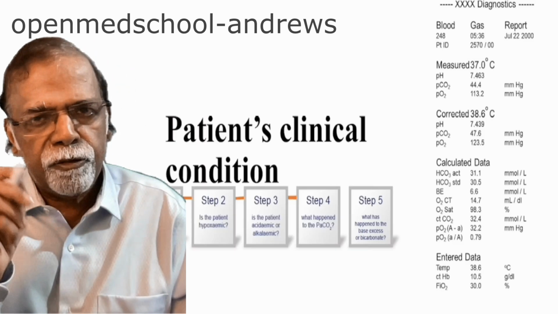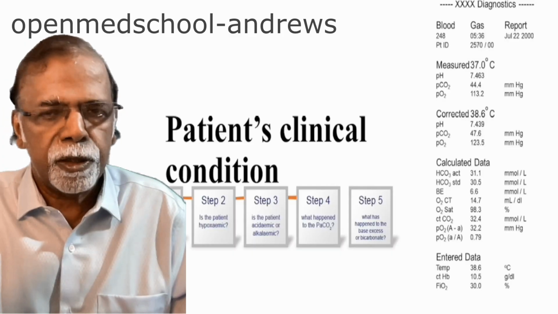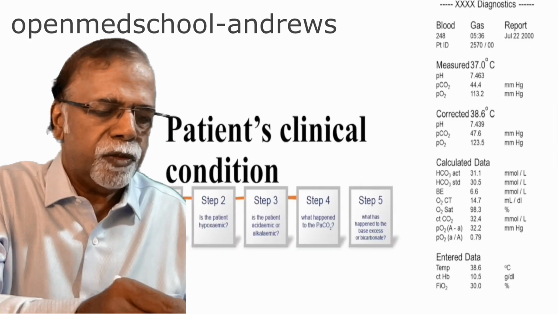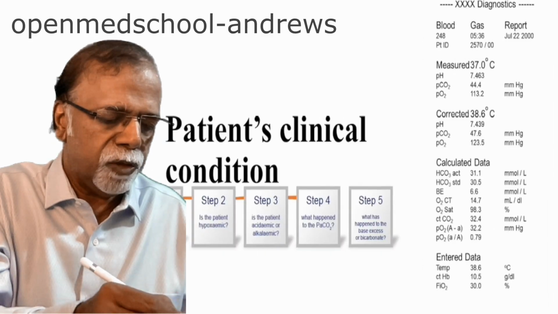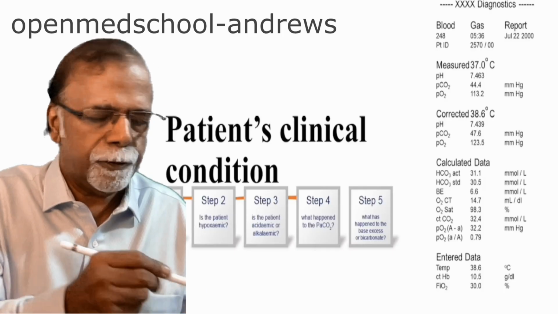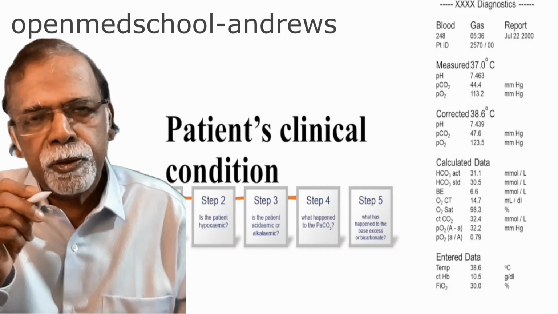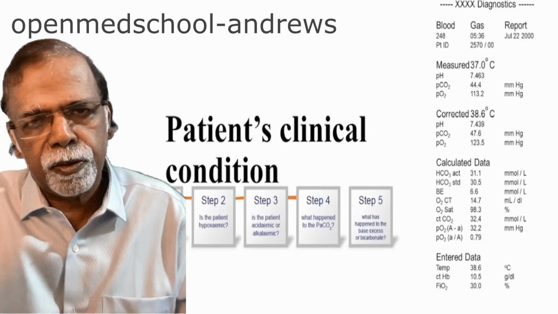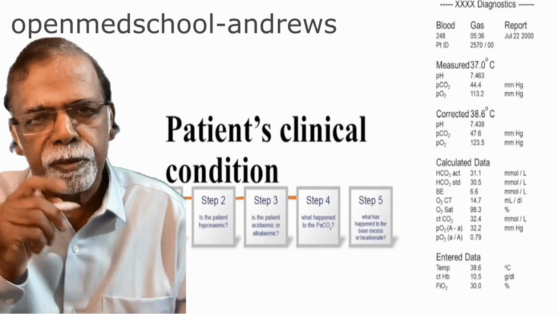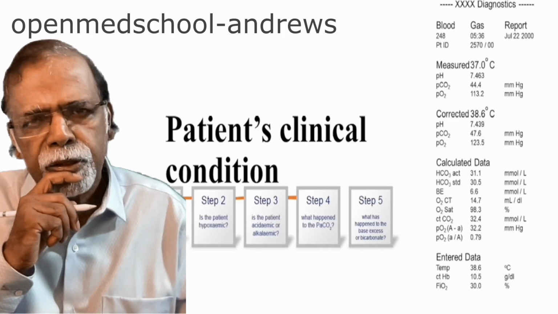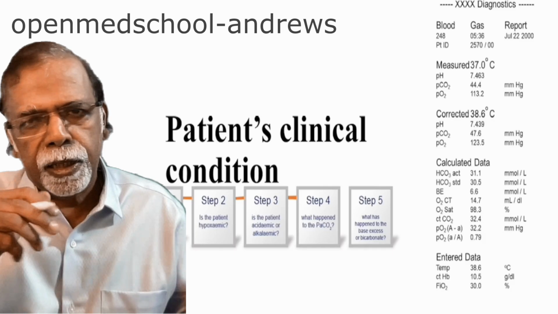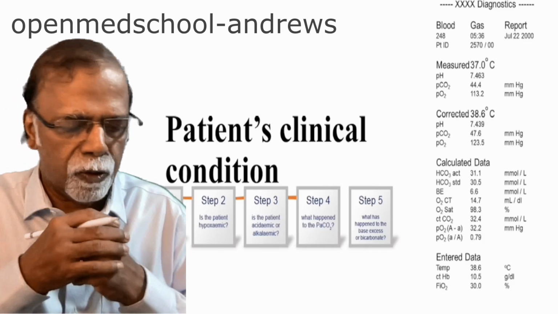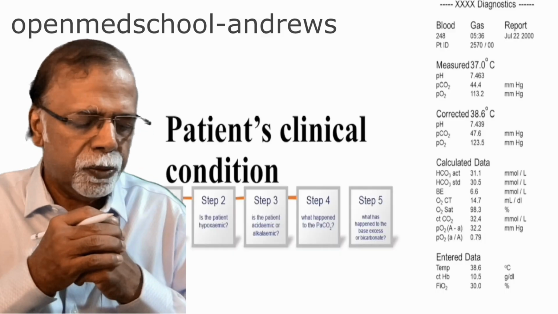before looking into the ABG, confirm that the ABG belongs to a particular patient and what is the clinical status of that patient. That is very important to remember. How is the patient? Many times you may get an idea regarding what is to be expected or what is likely to get in the patient by knowing the clinical status. This will be discussed in detail at the last part of the session on interpretation of the findings in the clinical context. Step 2 is